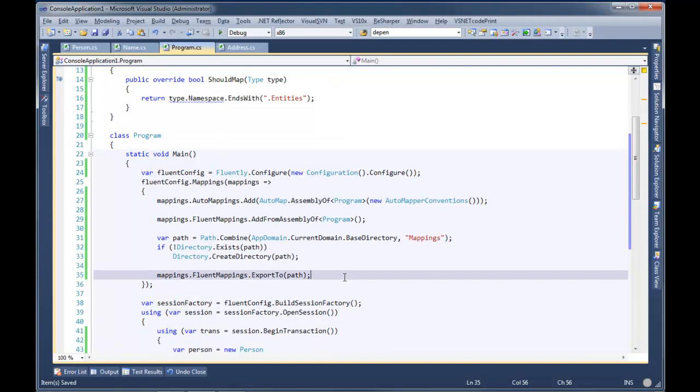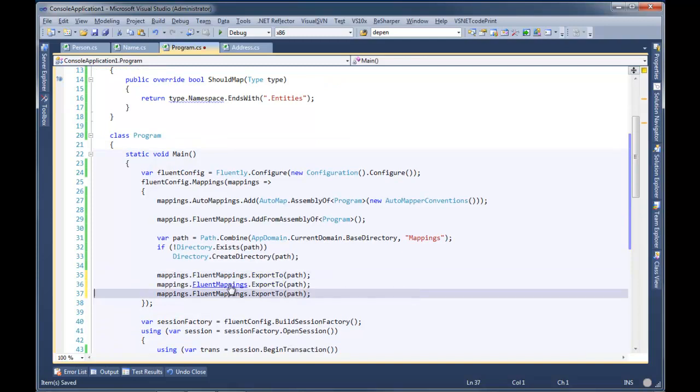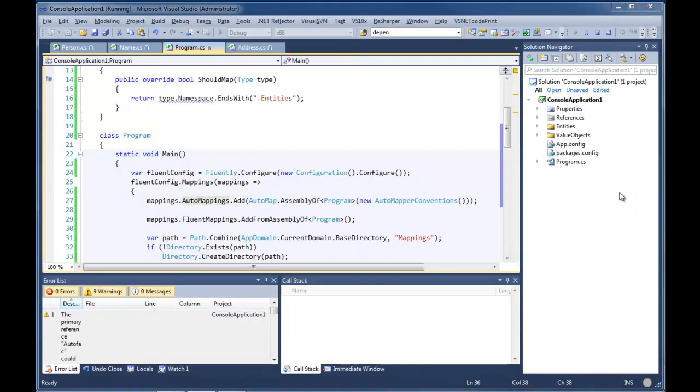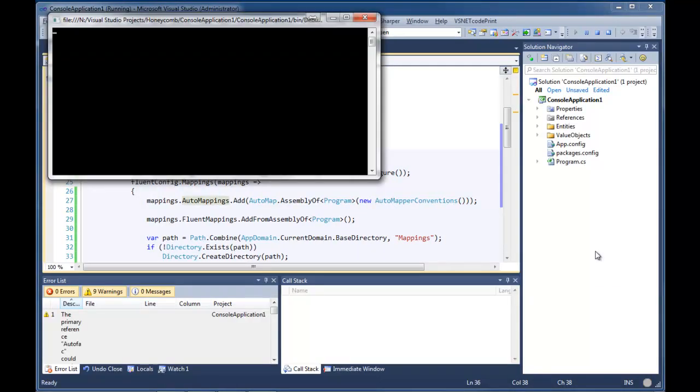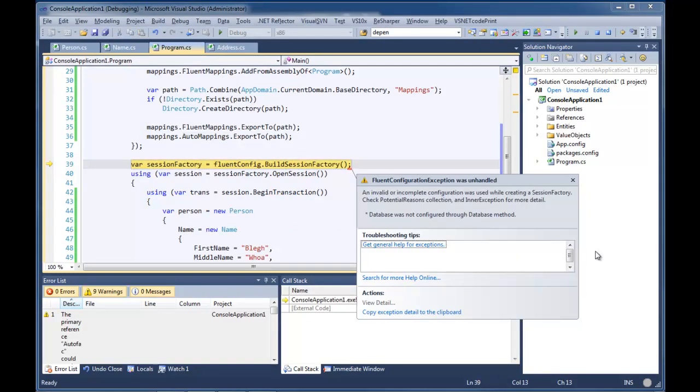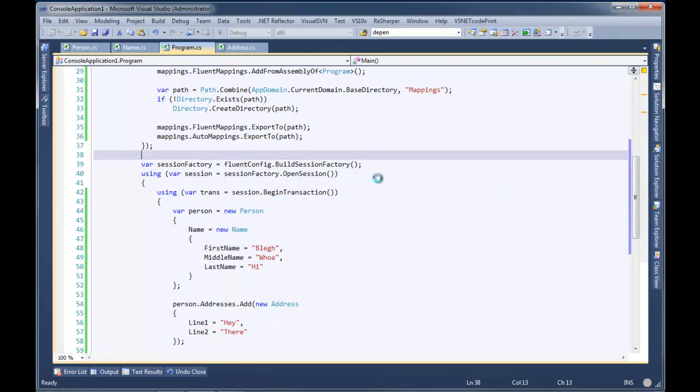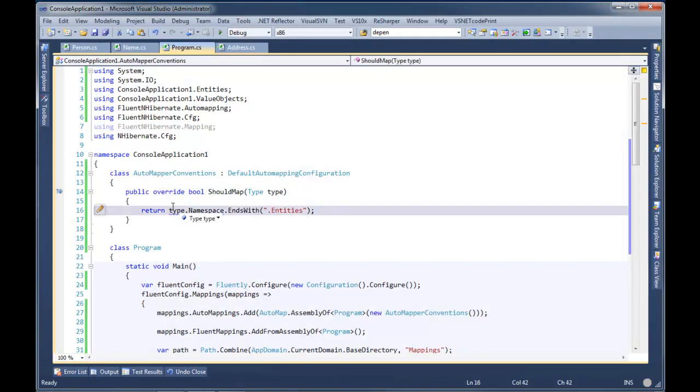And then I'm also going to do this. I'm going to say mappings, AutoMappings.ExportTo. Let's go ahead and see what it does with our stuff, what kind of mappings it generates by default. We get a weird error. Probably because